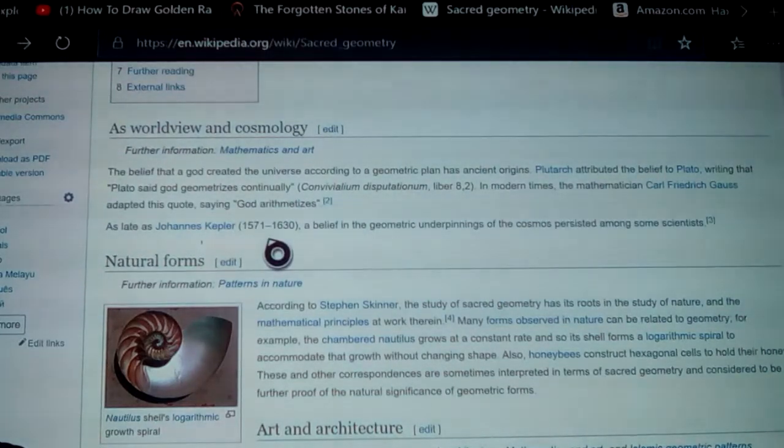So Plato said God geometrizes continually. The belief that God created the universe according to a geometric plan has ancient origins. Plutarch attributed the belief to Plato, writing that Plato said God geometrizes continually. In modern times, the mathematician Carl Friedrich Gauss applied this quote, saying, God arithmetizes. As late as Johannes Kepler, a belief in the geometric underpinnings of the cosmos persisted among some scientists